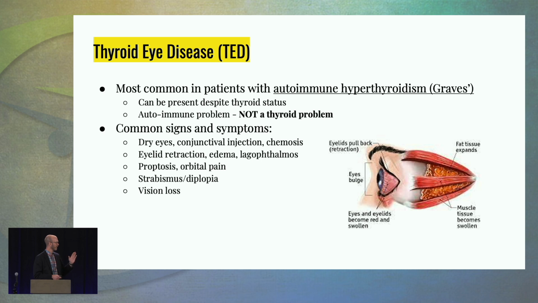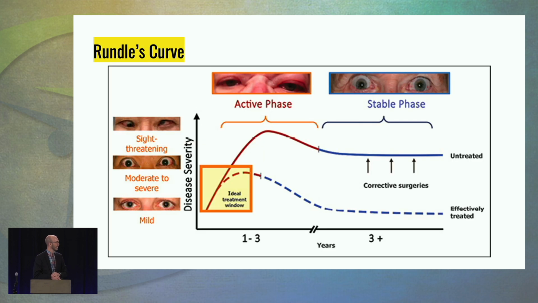And then, the other common things that we look for, of course, vision loss is becoming less and less of a problem as we start to get these better treatments and it's being recognized more widely. And then I also take time and actually draw this Rundle's curve out for patients to kind of explain to them. My first thyroid talk, my techs hate it because I spend a solid 15 minutes just sitting down and talking to people after I've examined them, because it's really important to educate people.